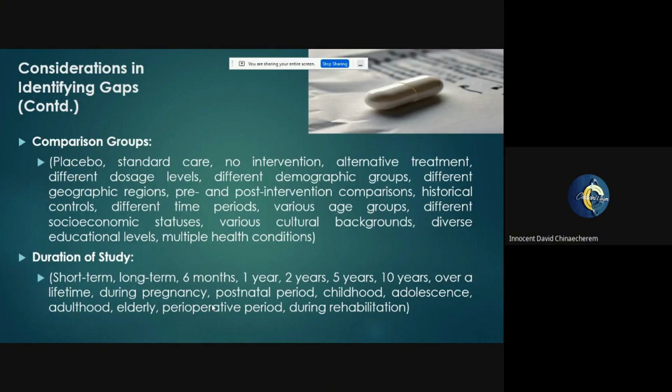Now, another thing we actually look into could be what? Our comparison group. So I can do a systematic review on the effectiveness of maybe antiretroviral therapy compared with metformin among HIV patients. Now, the gap I can identify can be the same topic, effectiveness of antiretroviral therapy compared with placebo among HIV patients. So same outcome, same everything, different comparator. That creates a gap. So it is just easy. It is just literally easy, right?